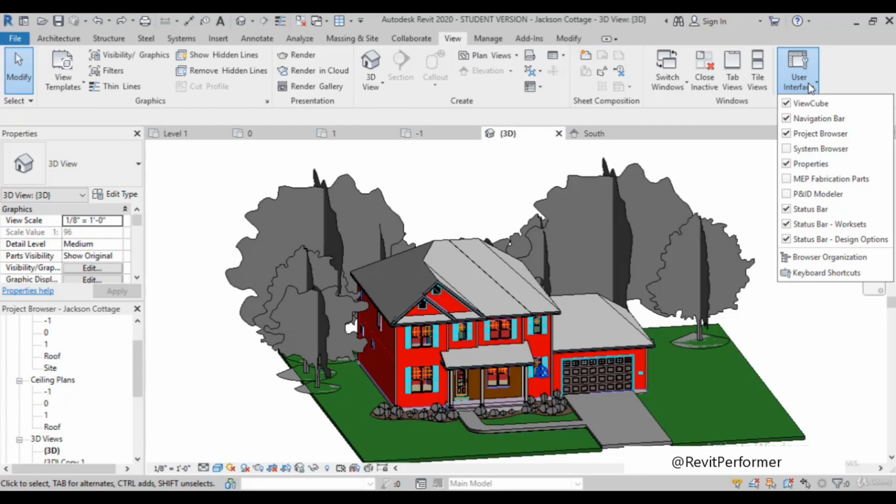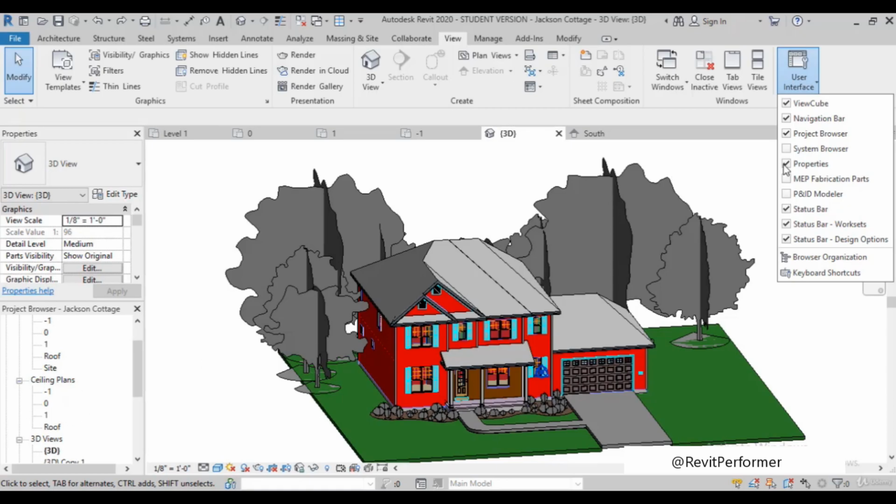You can see there are a few options here: ViewCube, navigation bar, project browser. There is a check mark already on project browser, and that's why it is displayed on my